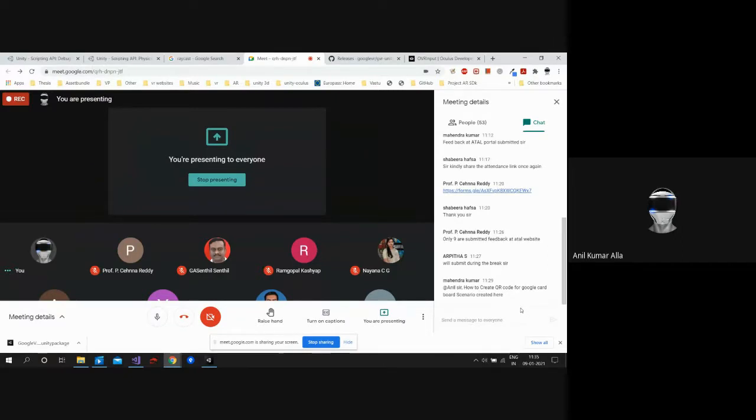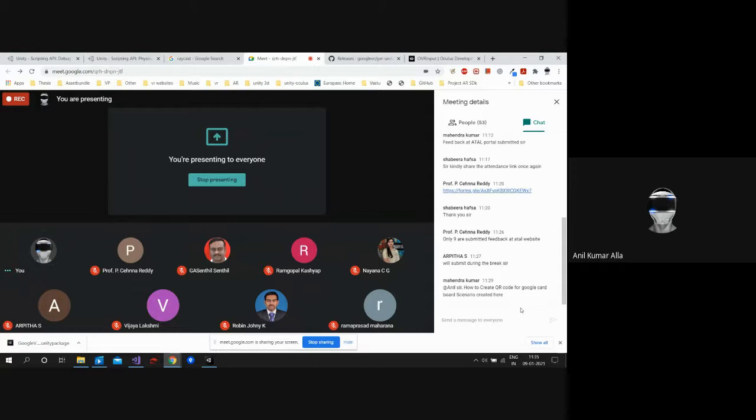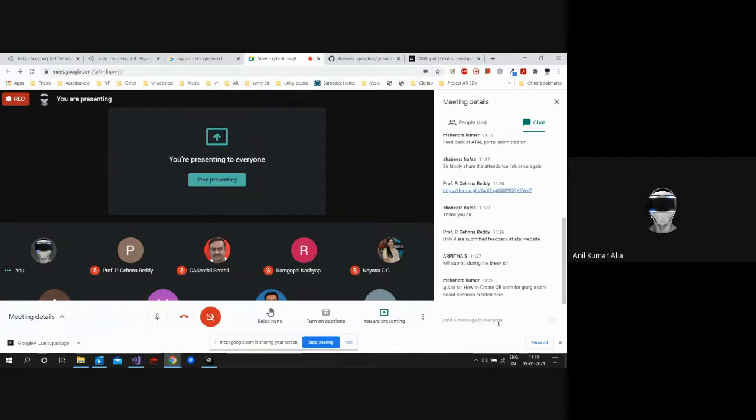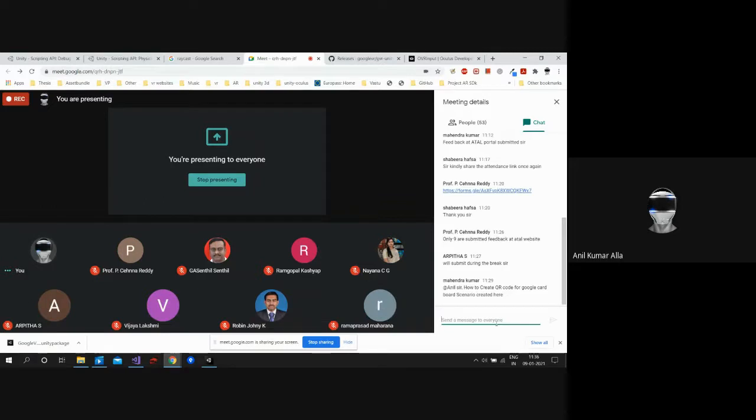QR code for the scenario created here. How to create a QR code for a Google Cardboard scenario? Mahendra, can you be more specific, like how to create a QR code for the Google Cardboard scenario created here? Can you explain the scenario so that